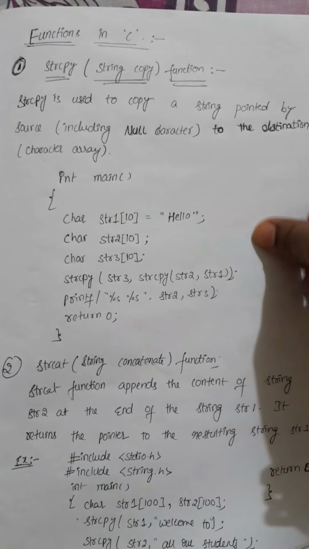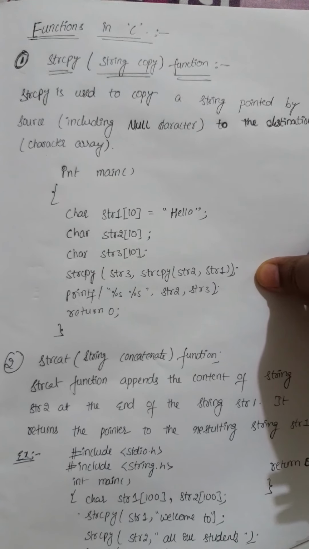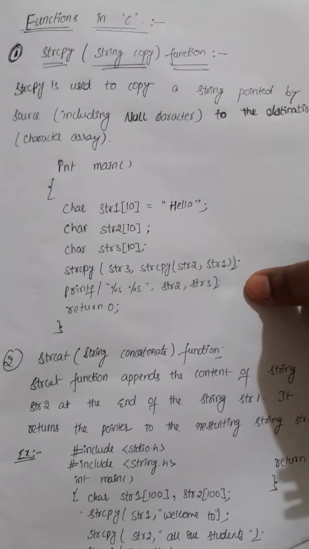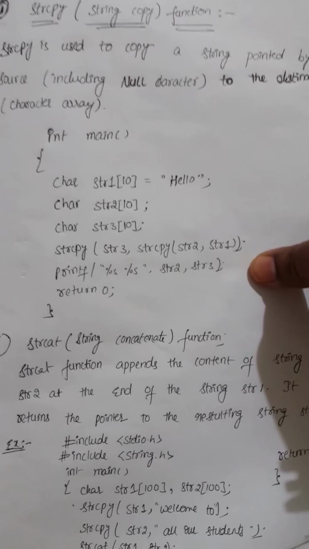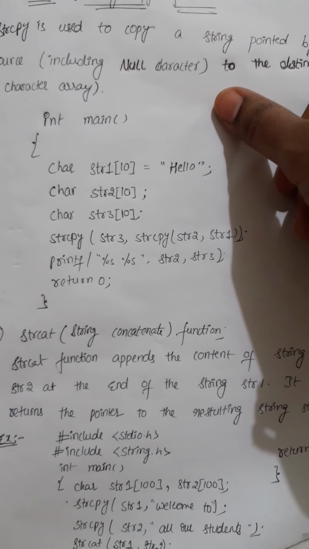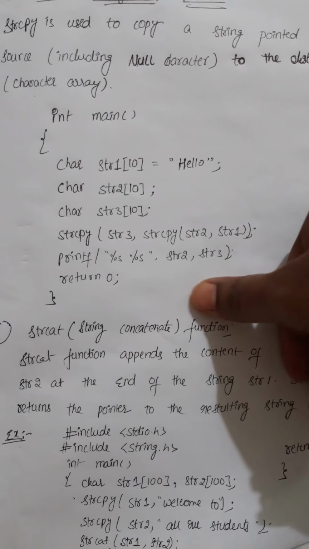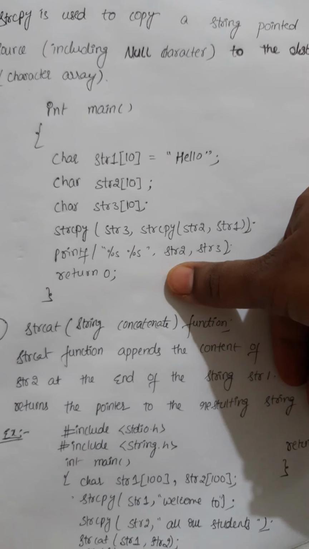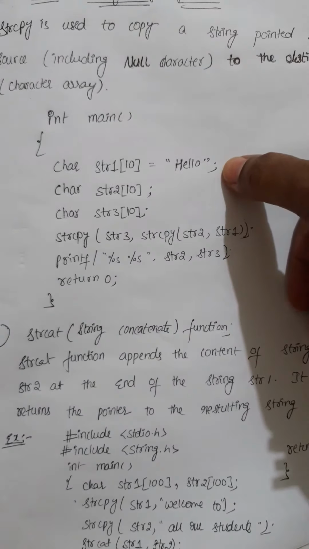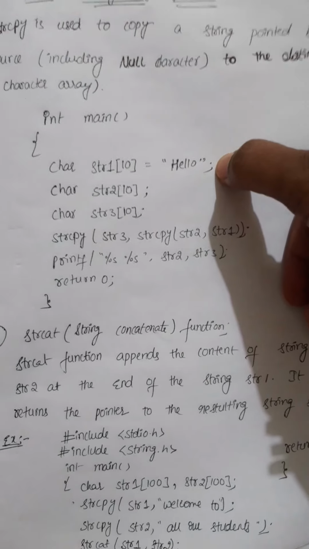So what is the source string and what is the destination string? How are you going to copy? Let us see. This is your program for this. Let us start with your main function. This is an int main. Of course, as you wish, you can take it as void also. If you take it as void, then it is not going to return anything. Okay, int main, and this is the first string. Let us take it as hello.